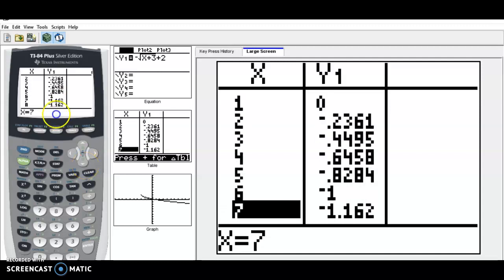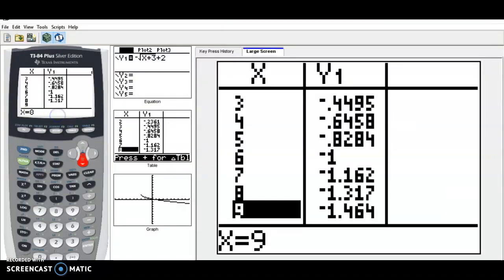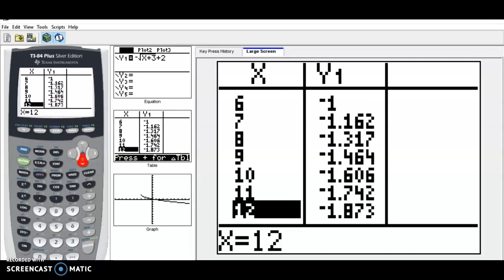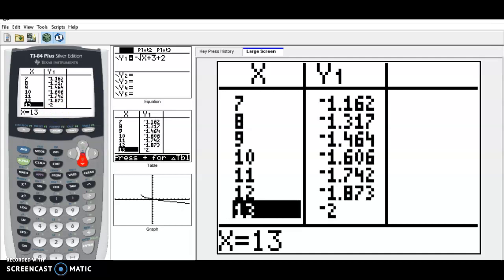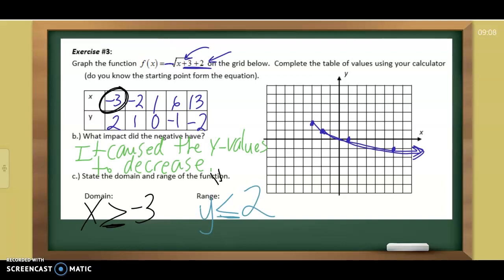Come on, calculator. 6, -1. We got room for one more spot here. I don't want to go too far. 13 and -2. Now clearly 13 is not a perfect square, but because we're adding 3 to it inside the square root and then adding 2, it's not always going to be a perfect square. So we end up with an upside down square root function. It's going to be just the y values that are decreasing. X values are greater than or equal to negative